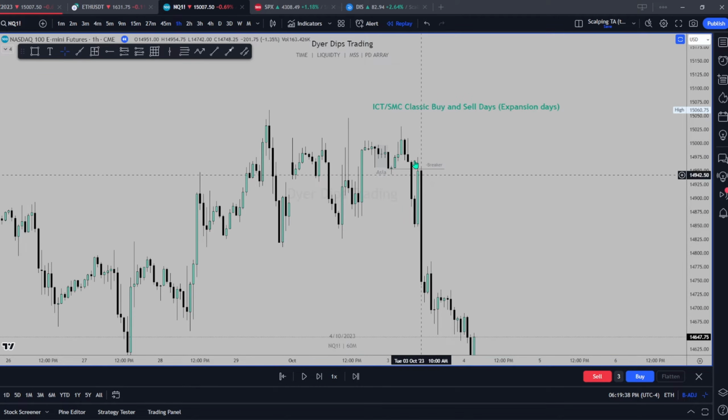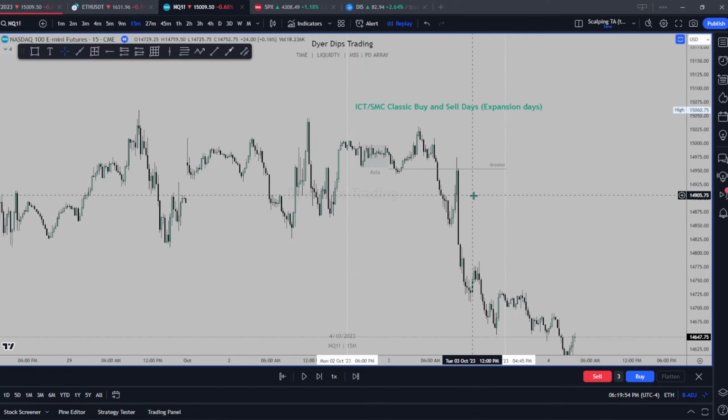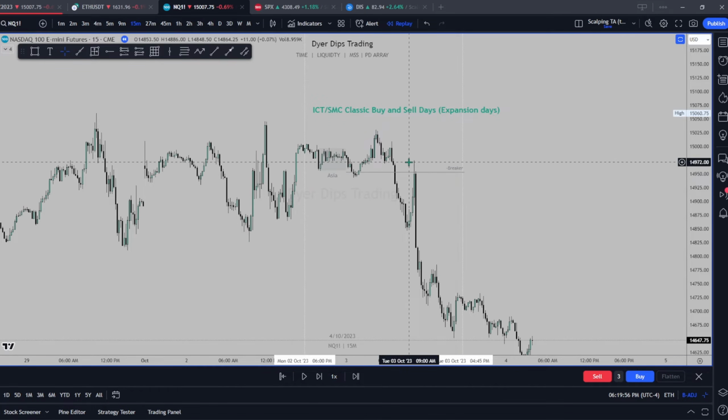Now, unfortunately, I did not take a trade off of that breaker block because at 10 o'clock, which is this candle right here, we had news, and unfortunately, we had tapped into the breaker beforehand and I wasn't trying to front run the news in case I was wrong. So with that being said here, we are going to note that we rejected this breaker and was sending down,